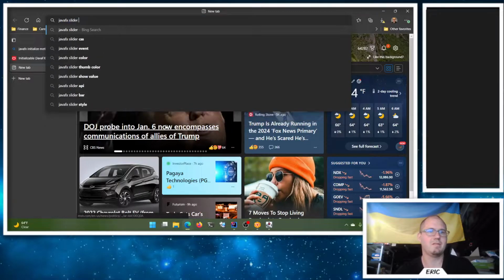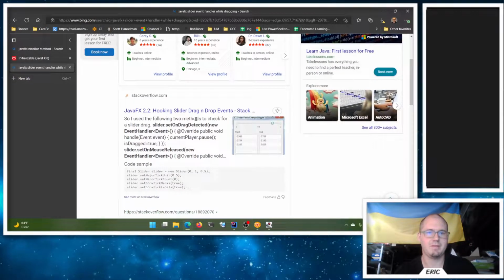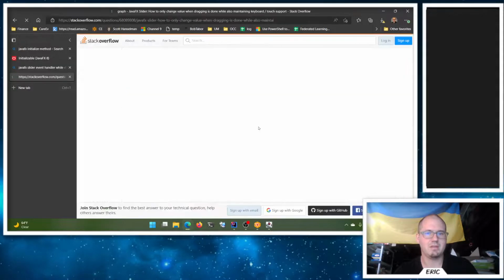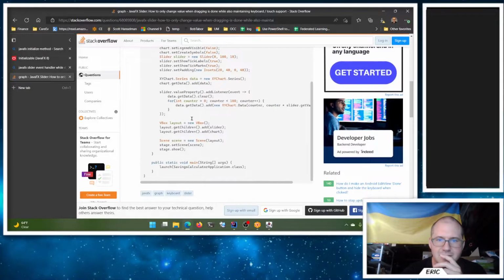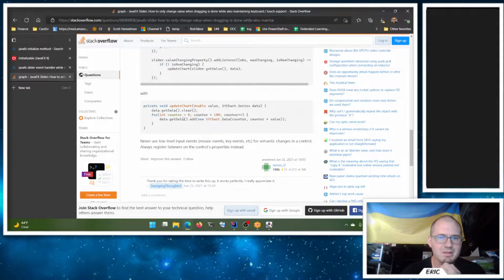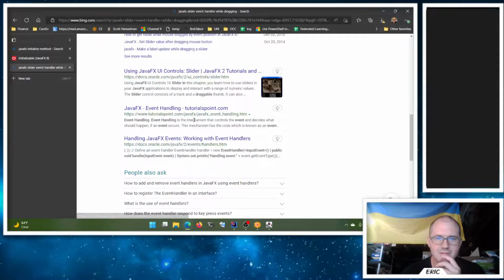JavaFX slider event handler while dragging. Sure. How about that? Only change the value when dragging. Let's see. What do we want here? Oh, this is an annoying thing. So we haven't got to this yet. So we're gonna look at this next week as well, where you can deal with all these things in code, and this is what the book actually goes through. But I don't want to have to do any of that. That's annoying. Event handler,